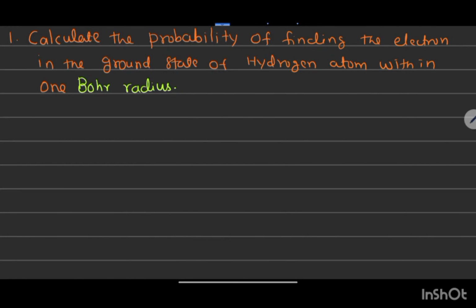Hello, here is the problem on hydrogen atom. The question is: calculate the probability of finding the electron in the ground state of hydrogen atom within 1 Bohr radius. For this we need the information of the wave function of the electron in the hydrogen atom in its ground state,